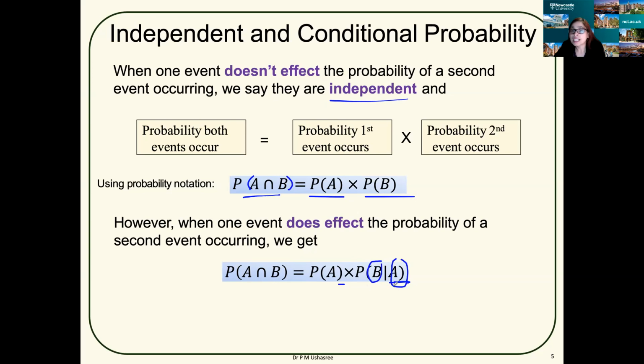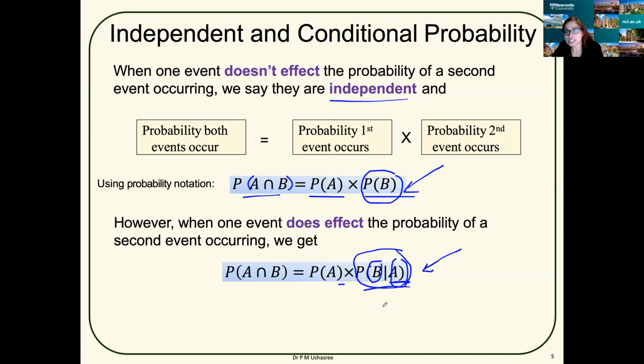Okay, so this is conditional probability, just like the example we saw in the last part. That is picking a ball without replacing. So this is an example of replacing, and this is an example of without replacing the ball. That is, if you pick the second ball, the picking of the second ball is affected by the picking of the first ball, because the probability is not P of B anymore. It has changed. You saw that without replacing, the probability changes.